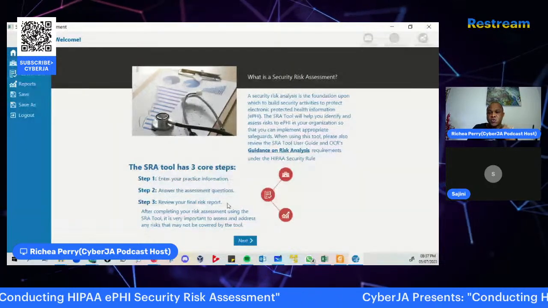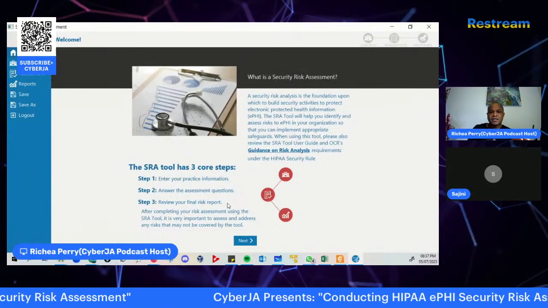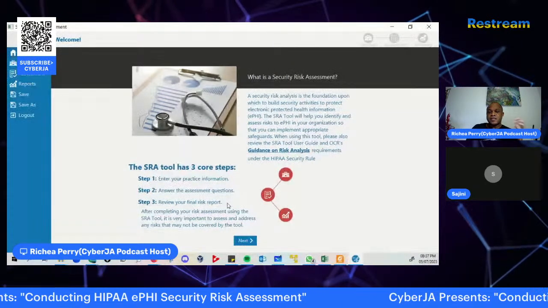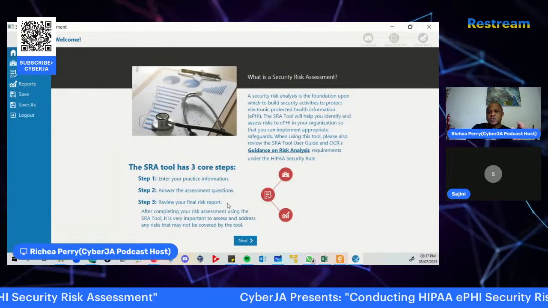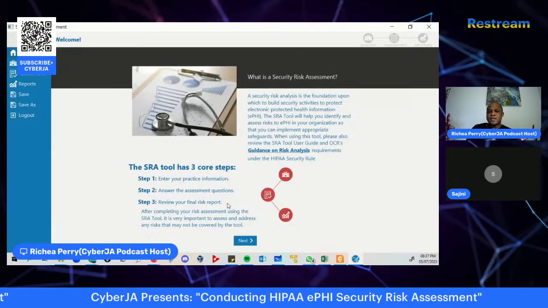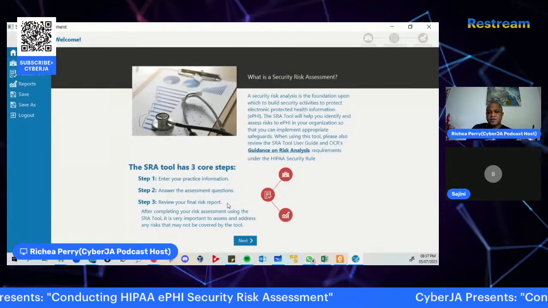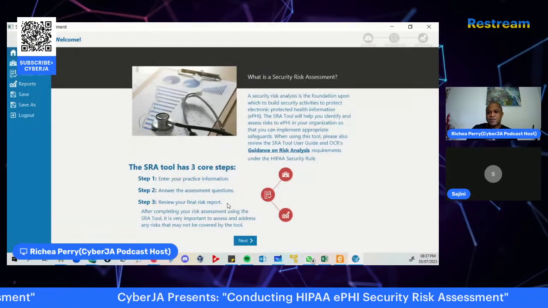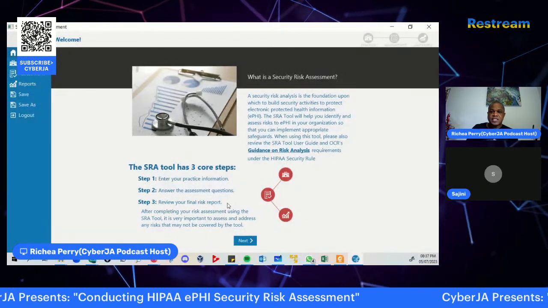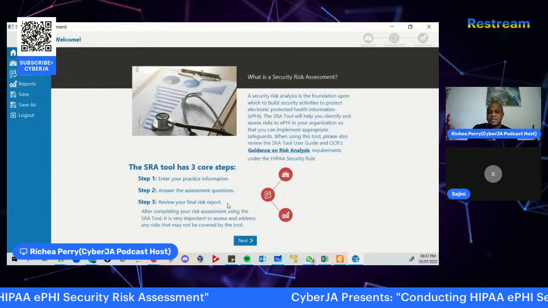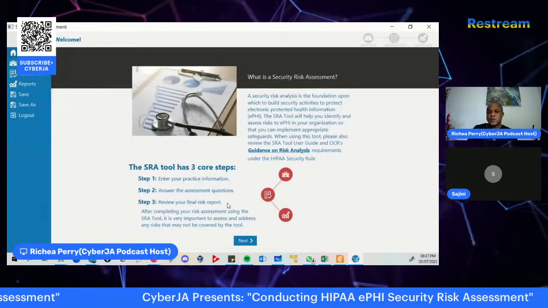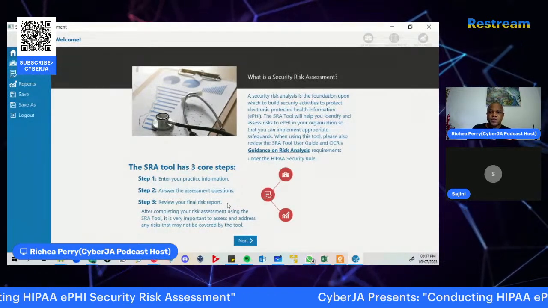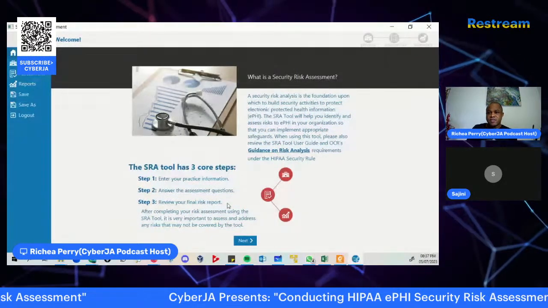or better yet, you as the person leading that particular initiative are able to go to the executives or the stakeholders and say, look, these are the risks that I've identified to the organization that must be resolved. These are the risks, and this is the likelihood of these things happening. And these are the necessary controls that need to be implemented in order to mitigate or reduce the impact or likelihood of these risks affecting the organization, especially as it relates to the privacy of patients' information.